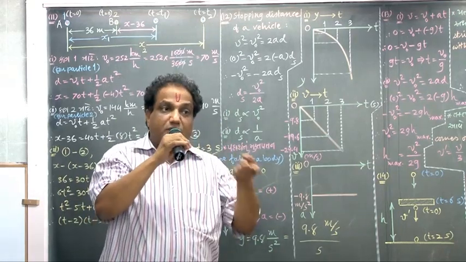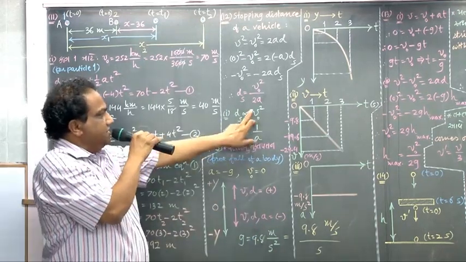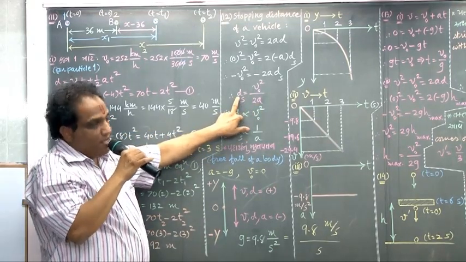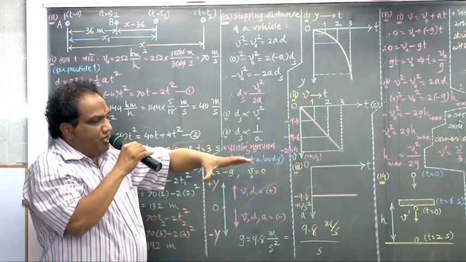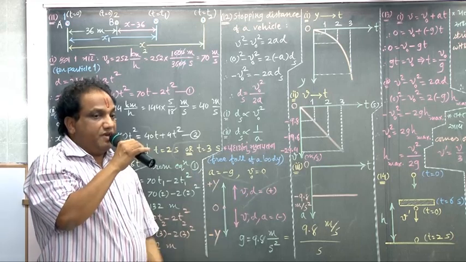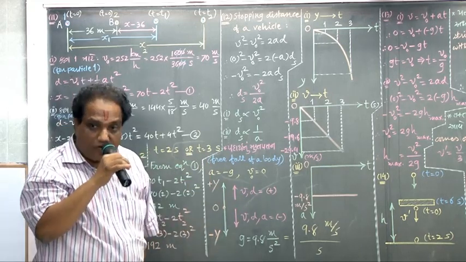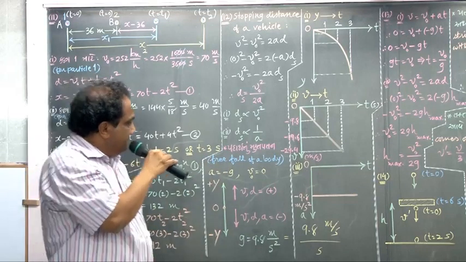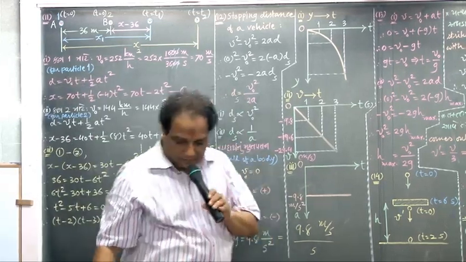Then you may think, sir, by increasing this deceleration, can we not decrease this stopping distance? Yes, definitely. But then you will need to apply very sharp brakes. And when you apply very sharp brakes, it is very difficult to control the steering. Your vehicle will skid away. Look now.